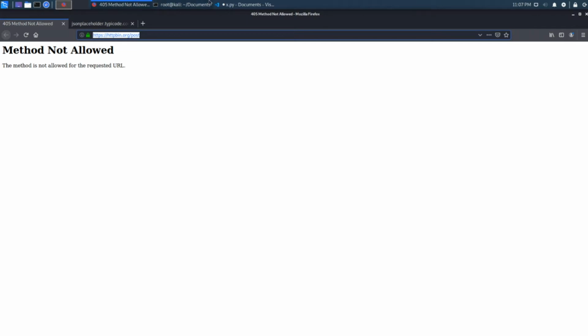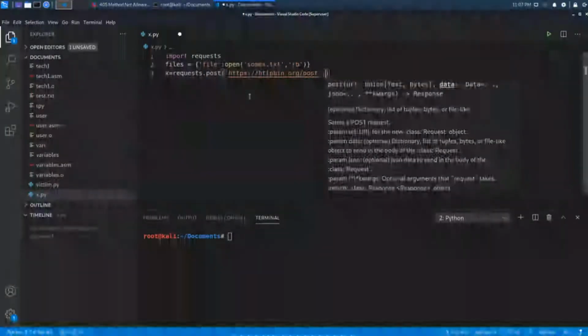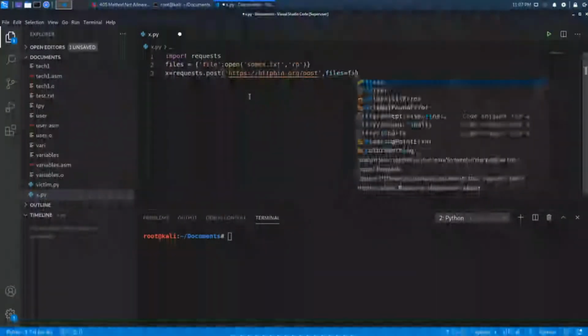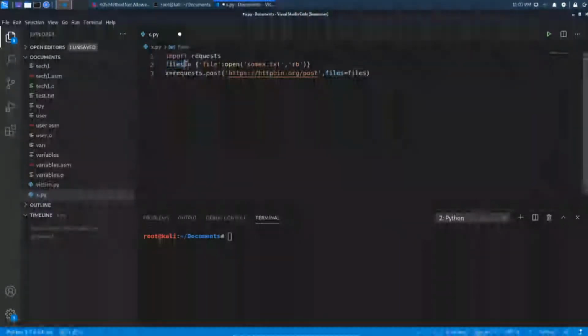So this was my URL, comma, and you need to pass the argument files equal to files. The opened file content will be stored in the files variable, and we are passing that variable as the argument.